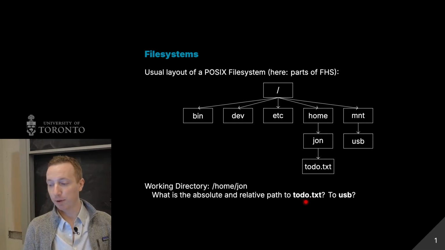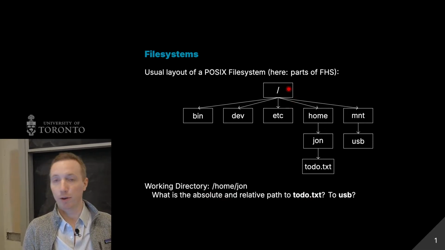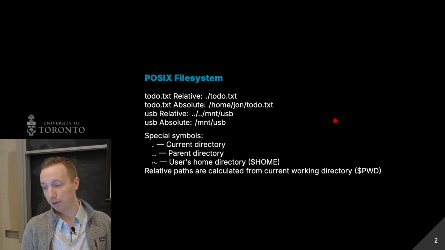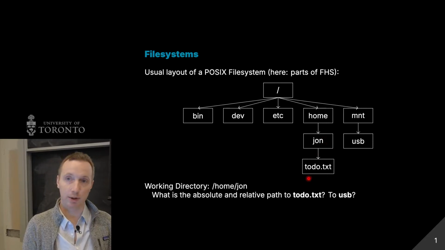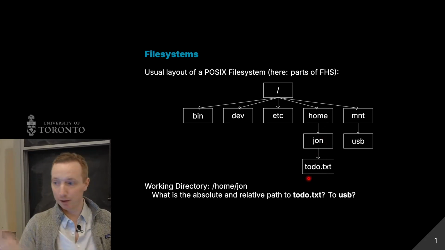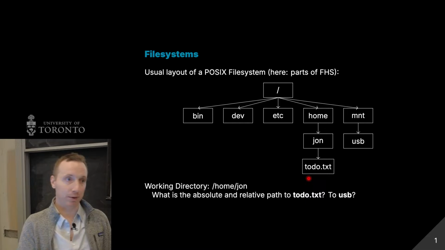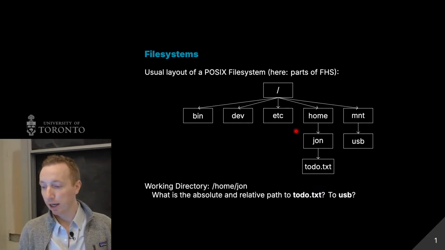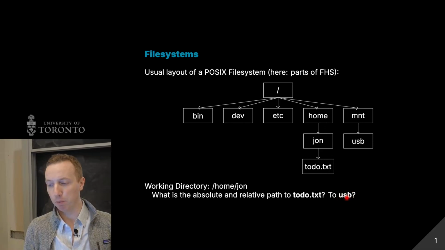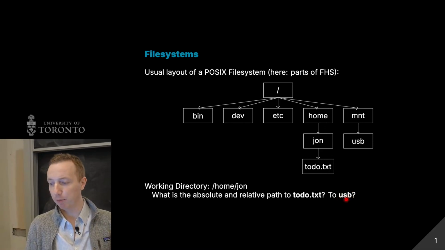So if I was to describe where todo.txt is by the absolute path, it would be /home/John/todo.txt. If it was relative, well, I'm already in that directory, so it would just be ./todo.txt, that little short form. And then if I want to see what the absolute path is to this USB directory, it would be